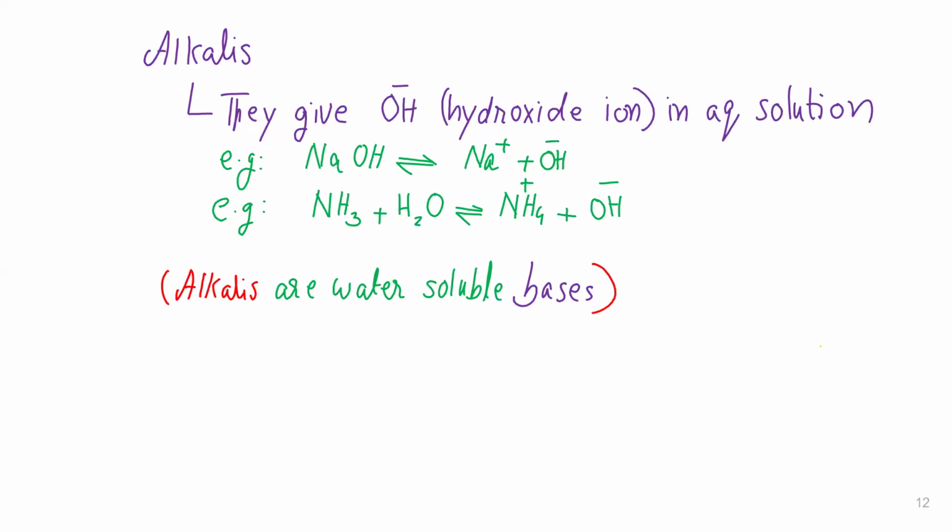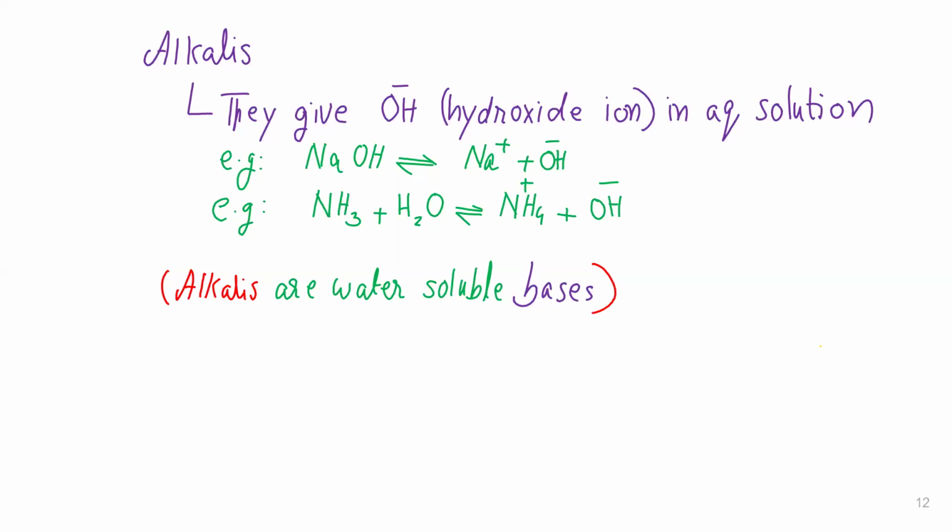Equations are very important. NaOH, sodium hydroxide, is one of the most powerful alkalis in our lab. It is as dangerous as acid, because it is a very common myth that alkalis are not dangerous. Actually, acids got a lot of fame, but strong alkalis are as dangerous as an acid. Now look at the ionic equation. It breaks into Na plus and OH minus.